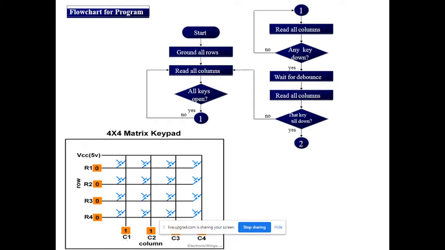When row 1 and column 1 are detected, then we declare that 0 is pressed, and the ASCII value of 0 is passed to the display. Similarly, suppose row 1 and column 2 is detected, that time this is 1, so the ASCII value of 1 is taken from the lookup table and passed to the display.